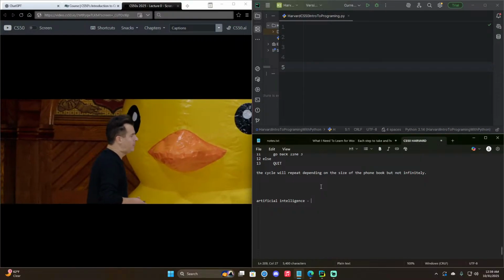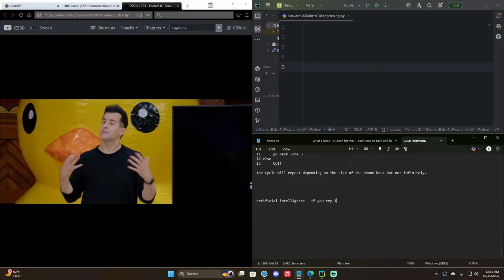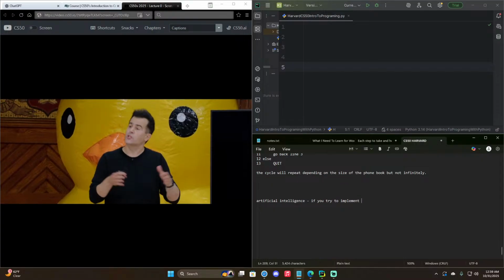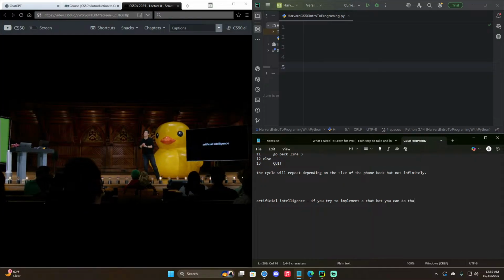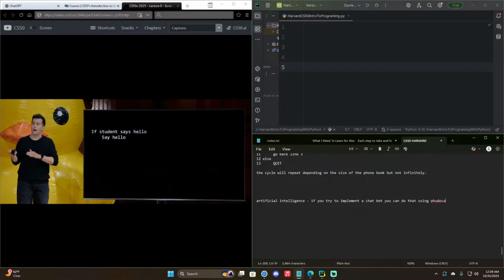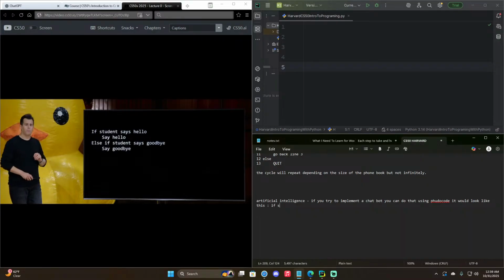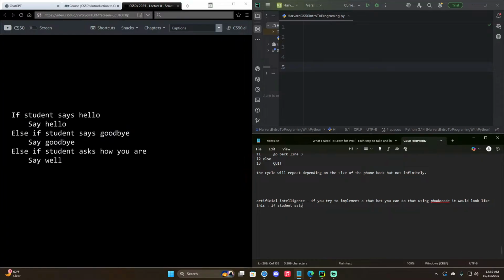If you were to try to implement something like a chatbot, for instance, that just answers questions and has a conversation with you, you could do that using pseudocode. And as we'll soon see, you can use C, Python, any number of other languages too. That pseudocode might look like this when implementing a chatbot. You could tell the chatbot: if the student says hello to you, then say hello back. And the indentation, as per earlier, implies this is conditional. Else, if the student says goodbye to you, say goodbye to the student. Else, if the student asks you how you are,